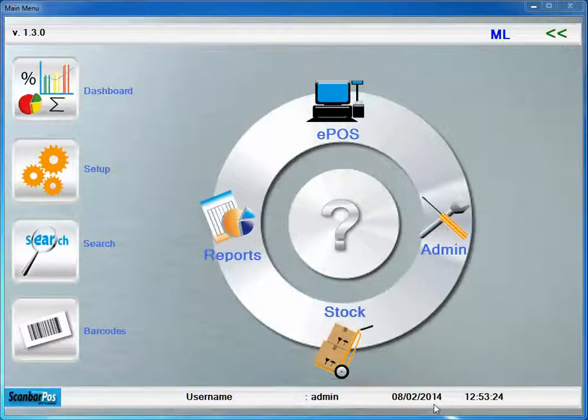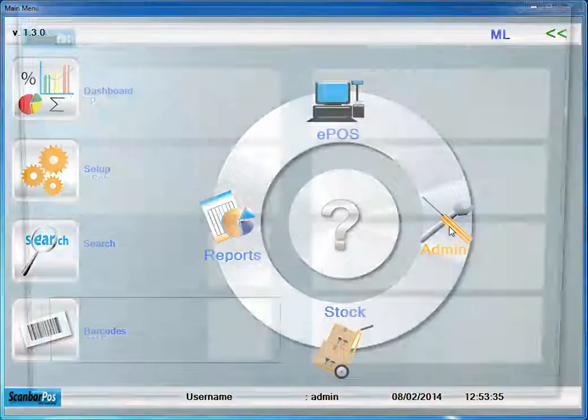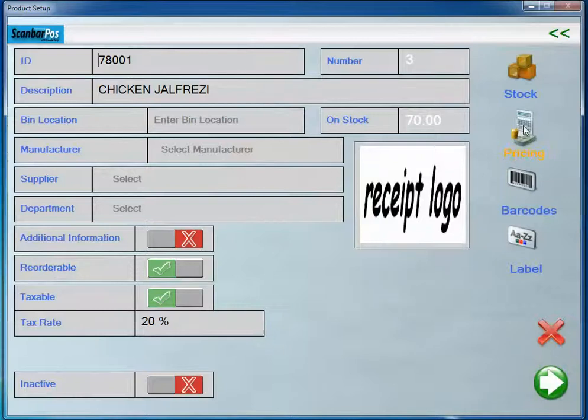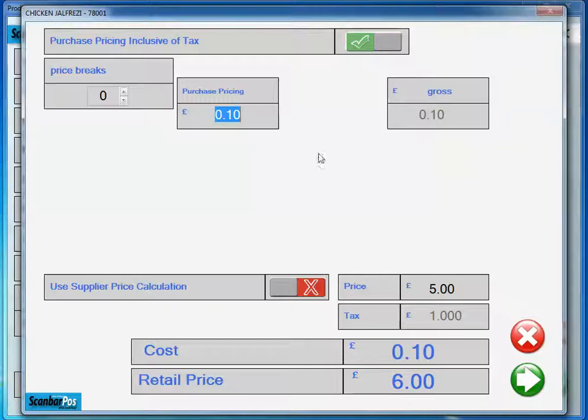From version 1.3, a new feature has been added to allow the setting of product pricing as gross pricing and not previously as net pricing. So if we go into a product setup, and if we just select a product and go edit and into pricing, you'll see that you can set the purchase pricing as usual,